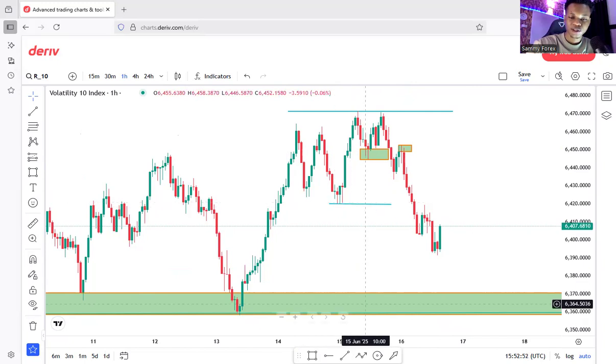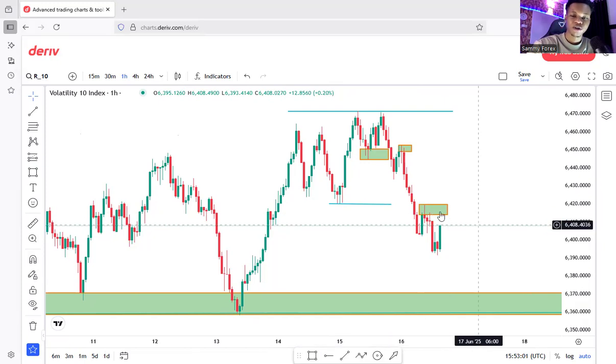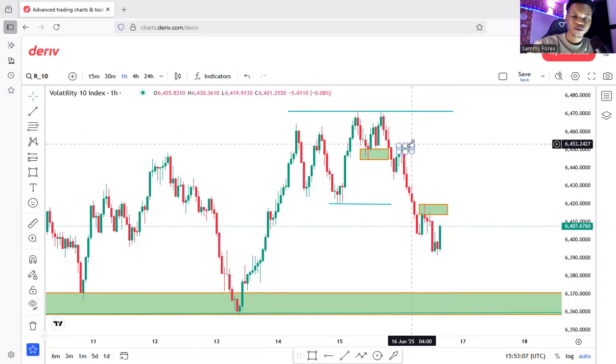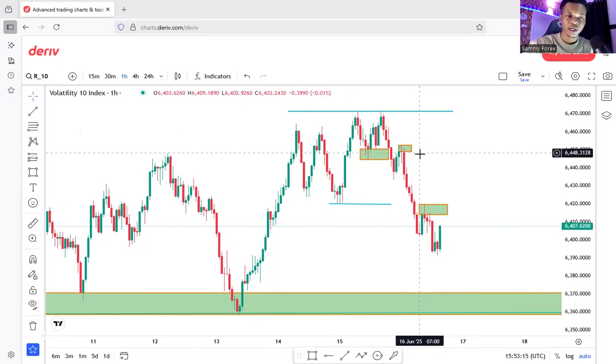So taking out this low, giving us another retracement level here, giving us another retracement level here. So this is our retracement level again that price is going to retrace on. And if this retracement level is broken, price will have to head all the way back to this retracement level as well. Then this would be where price will be able to push down and continuously